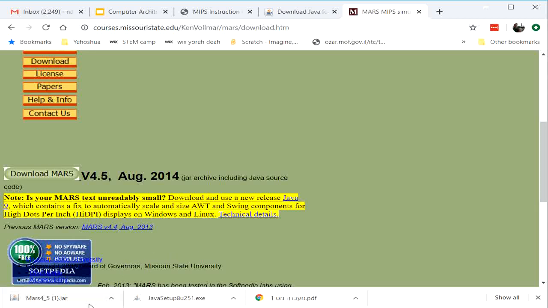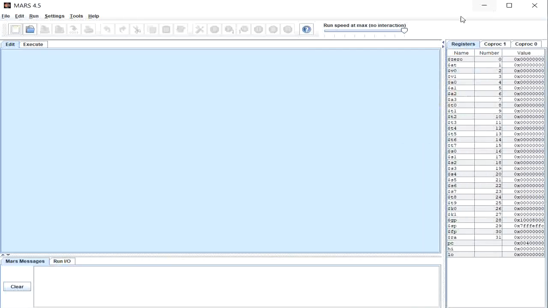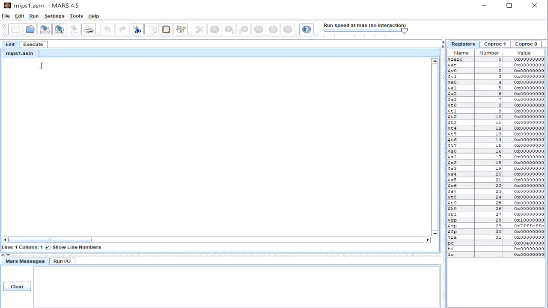Then you'll run it. Now again, first you have Java, now you run the Mars simulator, and you will get something that looks like this. You'll have a blank blue area here, a bunch of numbers over here, an area down here. Now, if I try to type a program here, it won't let me. It doesn't do anything. First thing I got to do is go to File, New, and now I have a file. And now I can type a program. For example, I would type